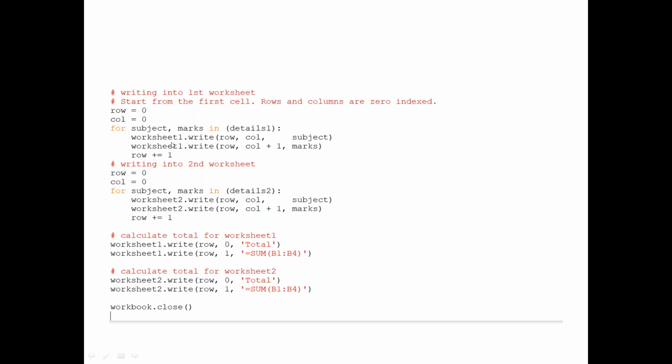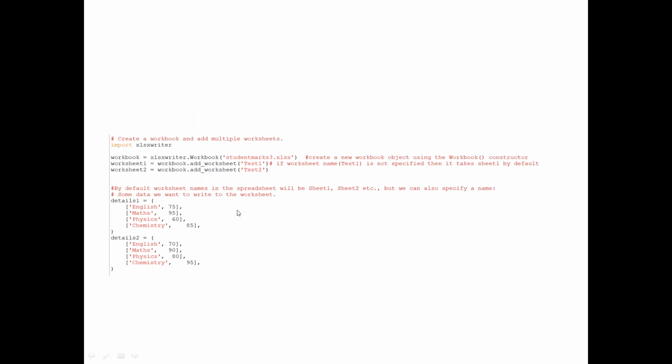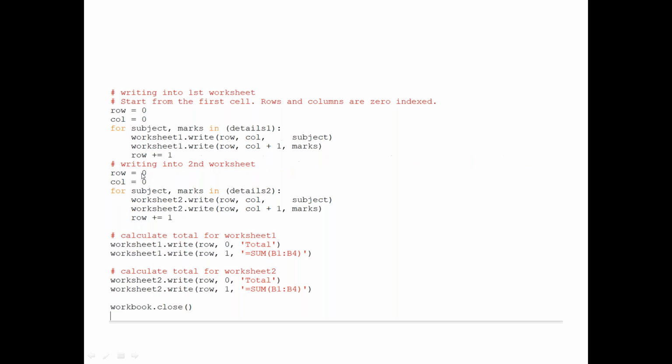Worksheet 2 means the second sheet, Test2, will work. Worksheet 1 means Test1 will work, because these are the variables which refer to where you want to update. Now give the details and finally close your workbook, nothing else.